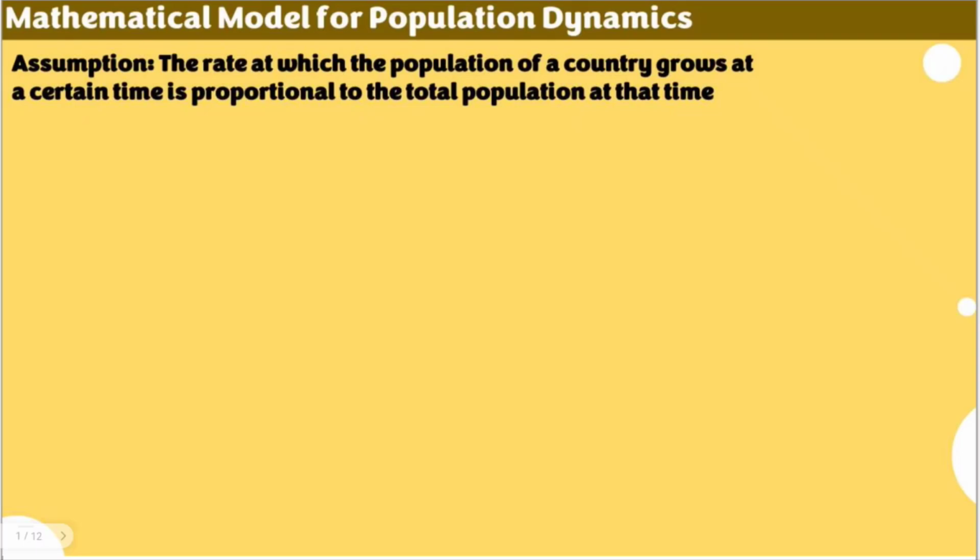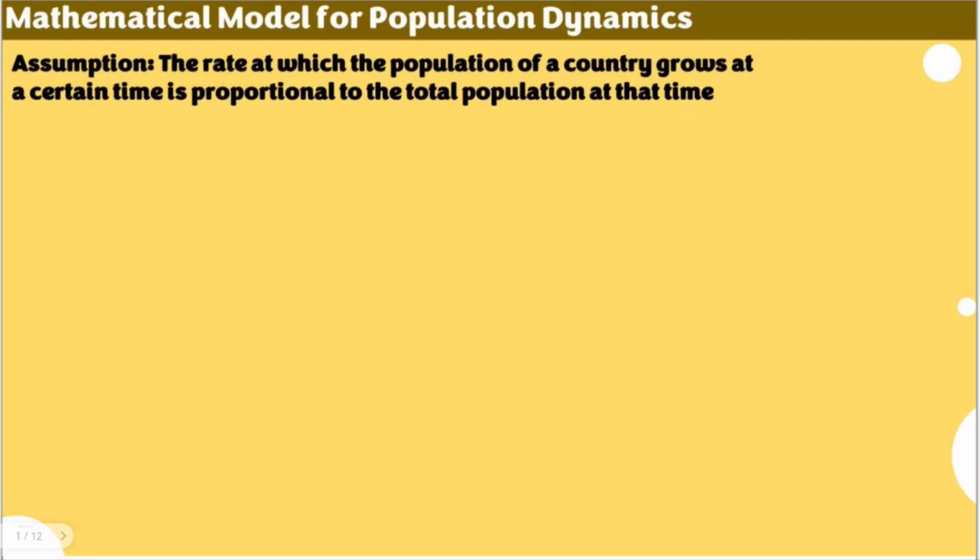Oftentimes it's used to solve situations like what would be the expected population after time t, or at what time t would the population be a certain value. And this has two different forms. The first one is, of course, prediction of increase of population, and the other one is the decrease of population as well. Similarly, this has a similar form with regards to half-life and carbon dating, which would be included as well in this playlist.